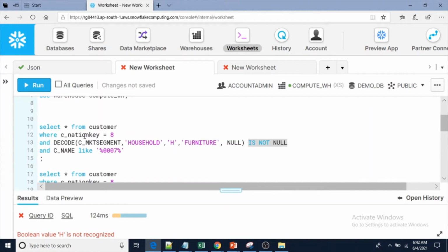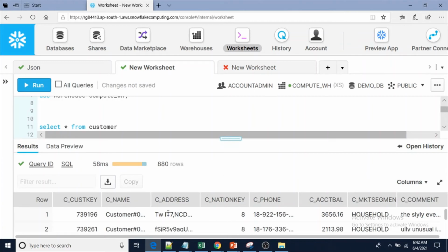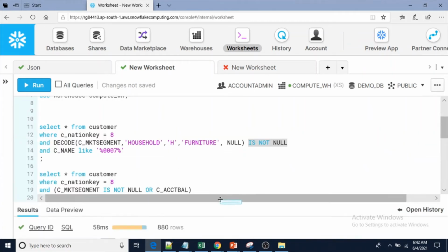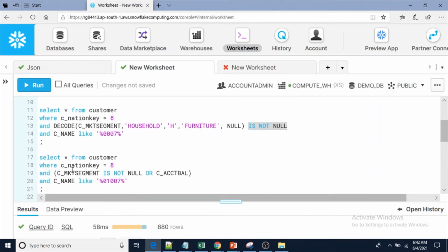Here we will get this type of error. Now let me execute the same query after adding the proper is null condition. So here we are getting the actual values. This is how we resolve this error. See, in the second query also, here I didn't use anything. However, here